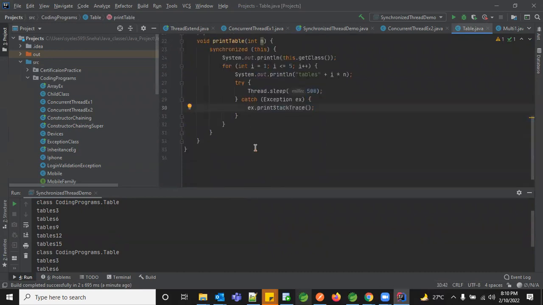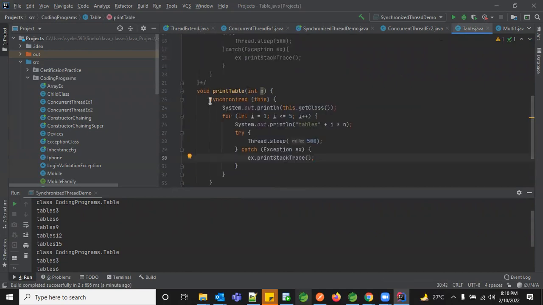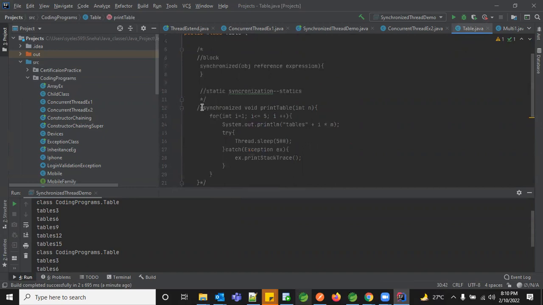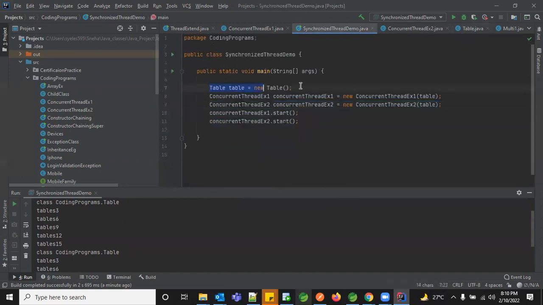And if you want something static, instead of creating the object, you can put the keyword static before the method and just call that. So I want you to try the same method, have the static keyword, and you don't need to create an object like table equal to new table. Instead, the class will be taken care of. If you make your method static and synchronized, the lock will not be on the object which you pass, it will be on the class. So let's do that too.